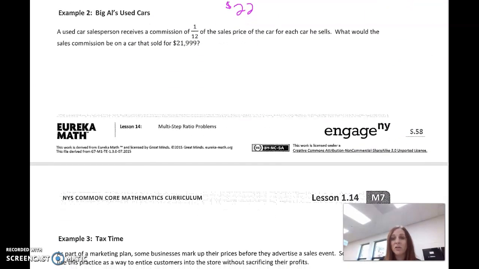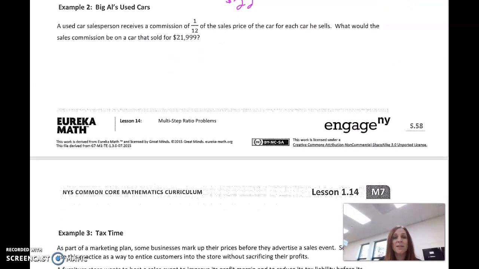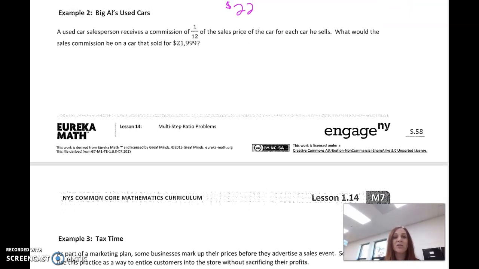All right, Big Al's used cars. A salesperson receives a commission of 1/12 of the sales price. So a commission. The salesperson is going to get paid 1/12 of whatever they sell the car for. What would the sales commission be on a car that sold for $21,999? Okay, so he's going to get 1/12 of that. So his or her commission would be 1/12 of